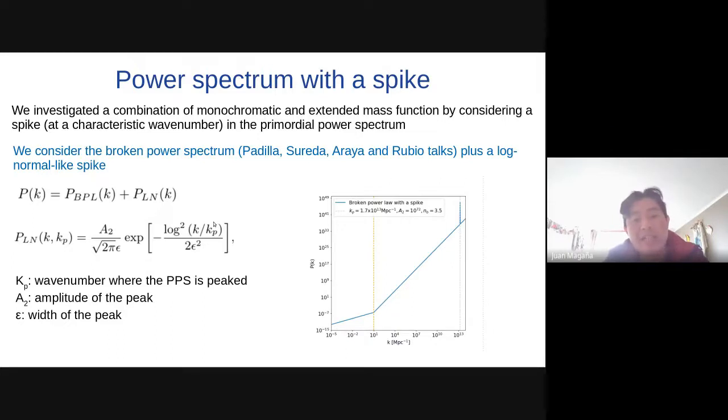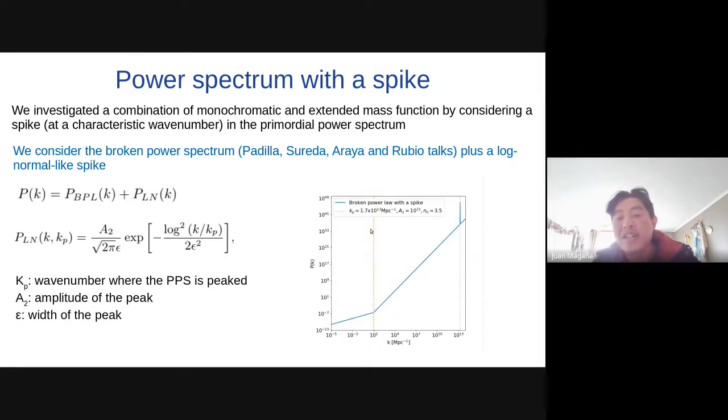Here, for example, k_p is the wave number where the primordial power spectrum is peaked. This quantity A2 is the amplitude of the peak, and epsilon is the width of the peak. If I add both terms, I get a primordial power spectrum of this kind, shown in this plot.